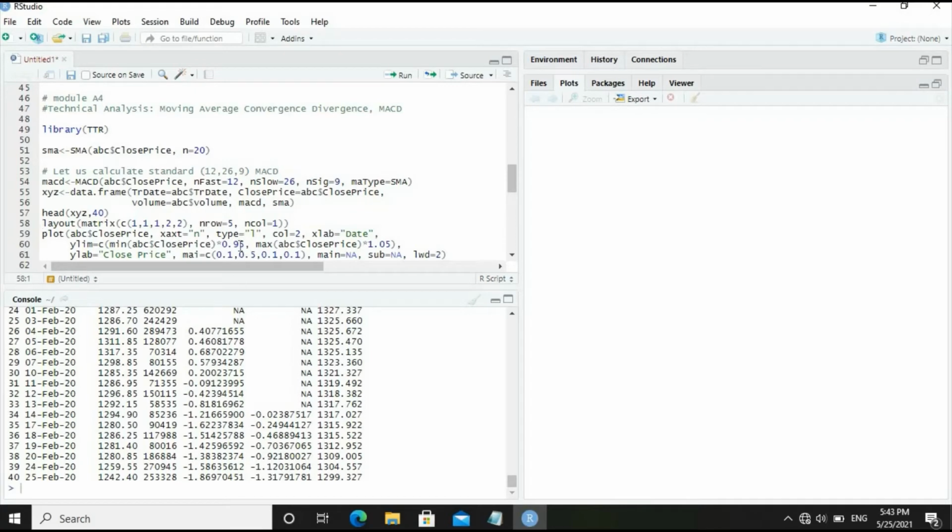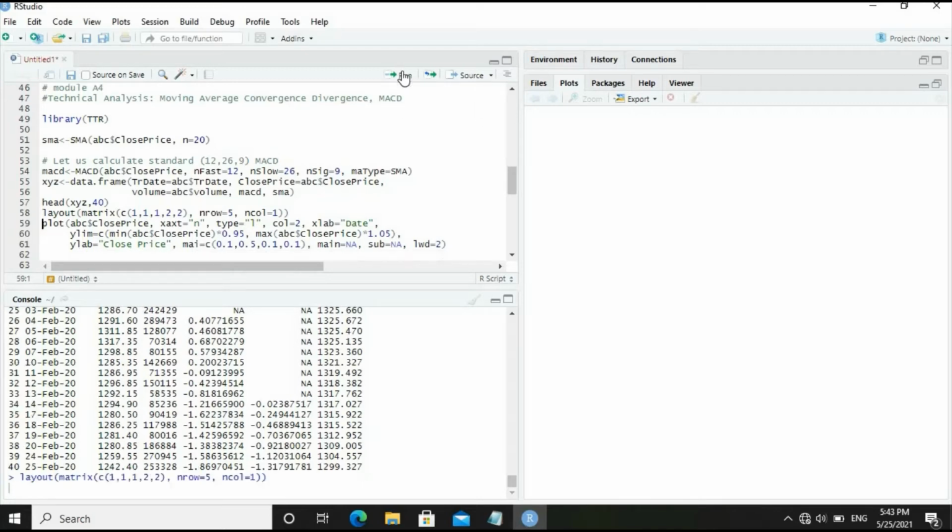Now let us go further and run the layout matrix defining the plot area: for graph 1 the first 60% area, for graph 2 the next bottom 40% area. Let's define the layout matrix and plot the close price